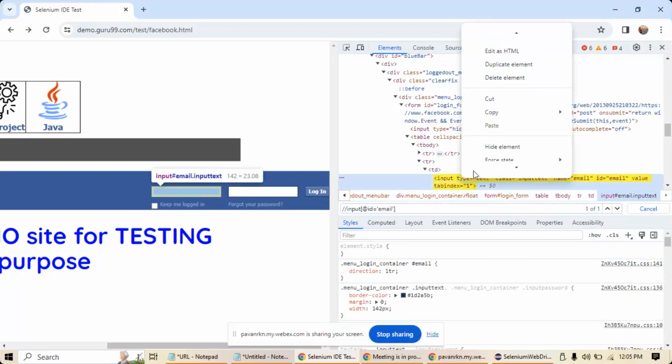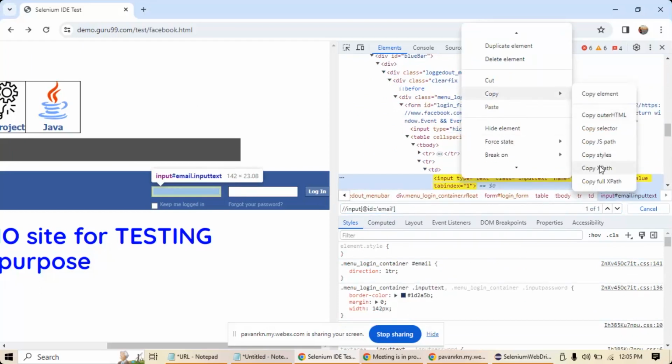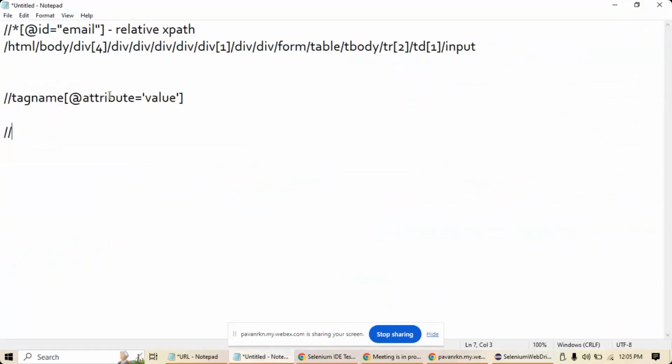But what I have copy pasted here is taken directly from the attribute. See here, if you give star and then write the attribute value, that means it is not looking for the tag name. But in XPath we give the tag name, and this is the regular syntax everybody will expect you to write. If somebody asks you, can you write the basic syntax for XPath? That would be two forward slashes, the tag name, and then a square bracket, @attribute